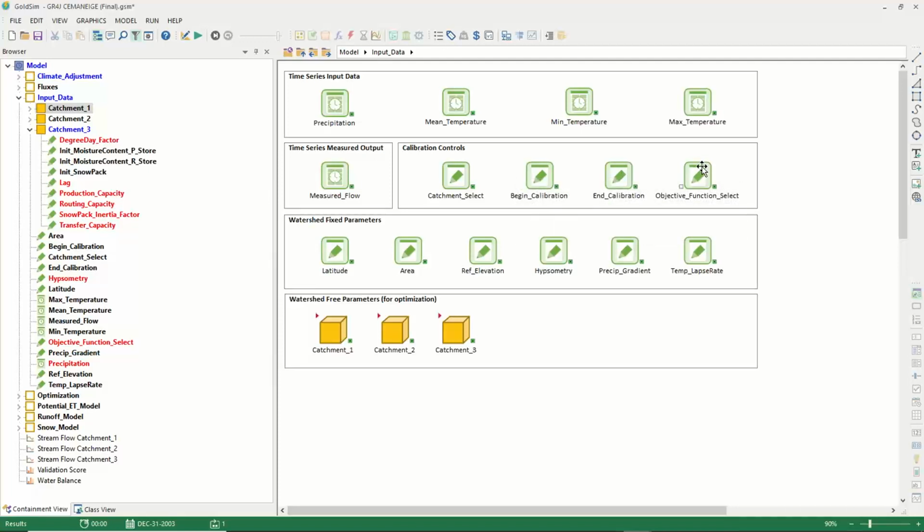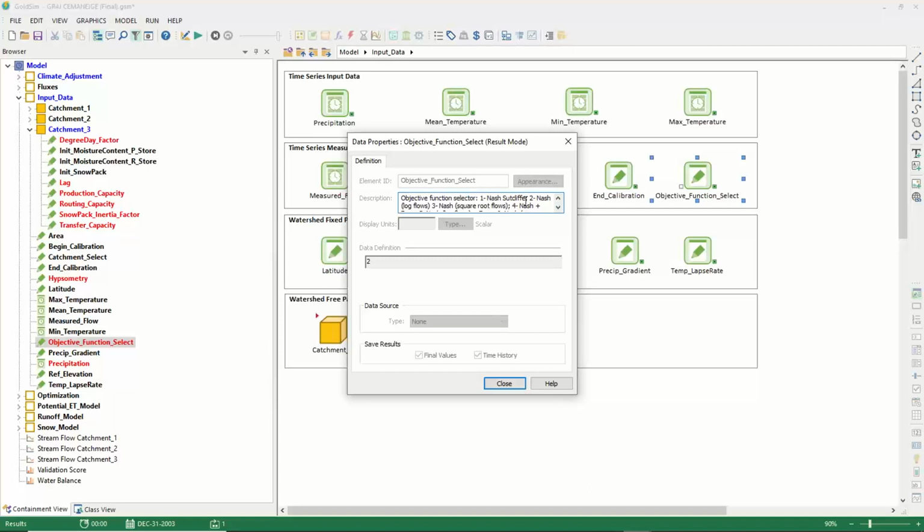And then the objective function select. So when we calibrate a model, we often think of the Nash-Sutcliffe efficiency coefficient, which is great, but it puts more weight on peak flows, and if flood forecasting is your main objective, then that's great. But if, for instance, you're more interested in water quality, then maybe low flows are what you're really looking to calibrate well. So I've included